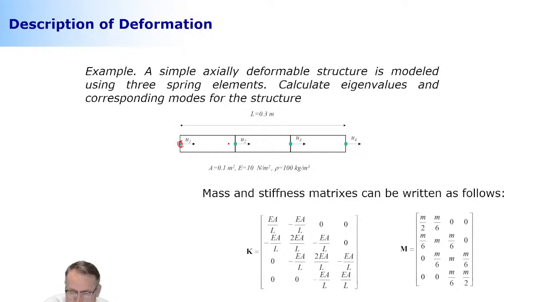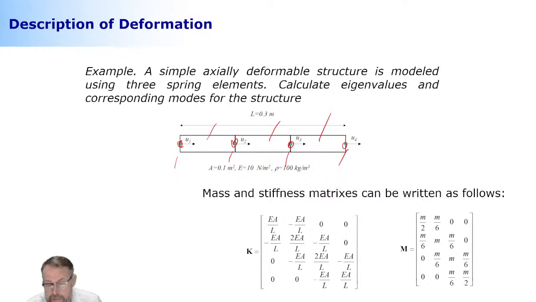Now I'm going to go back to the simple example about the spring element. So this is a spring element that consists of 1, 2, 3, 4 nodal points, and each of the nodal points has 1 degree of freedom. So that's the structure, that's what it is. So this consists of 1, 2, 3 elements in total.